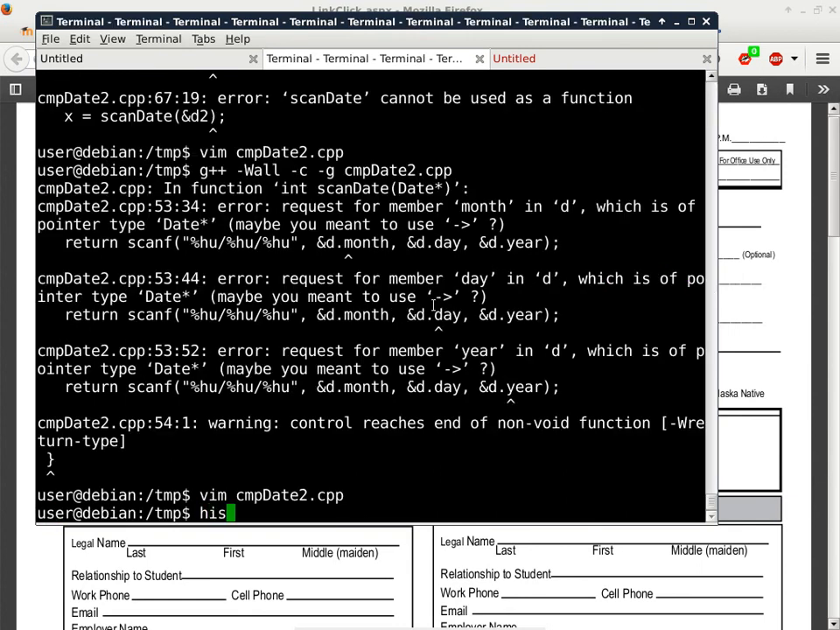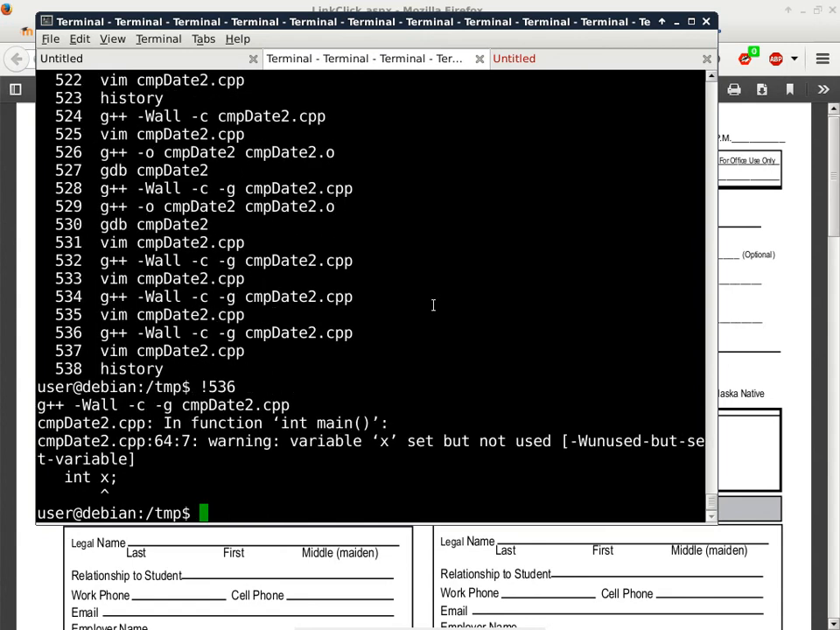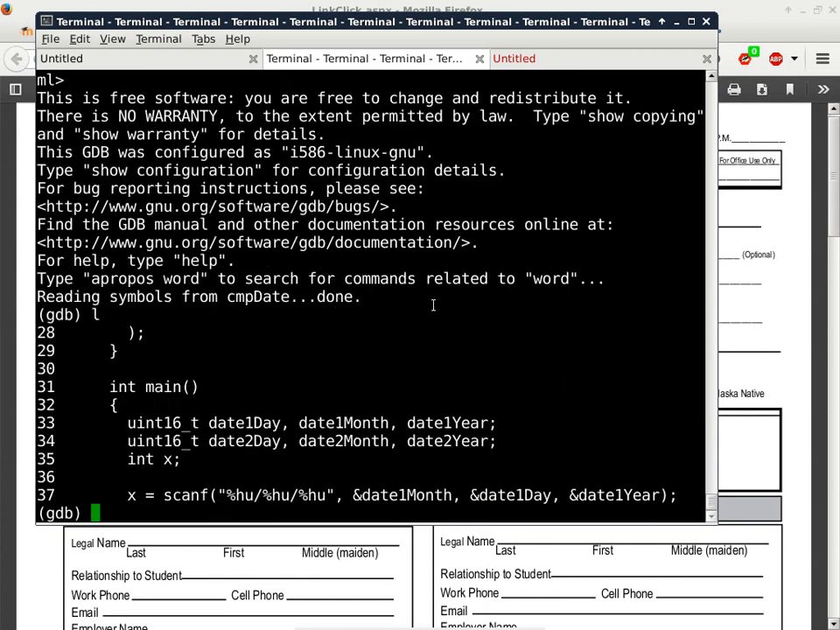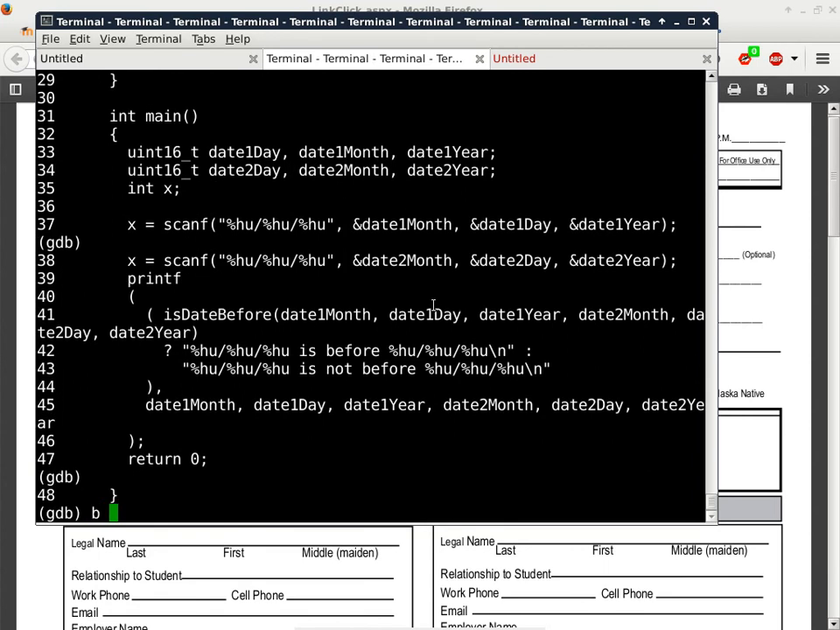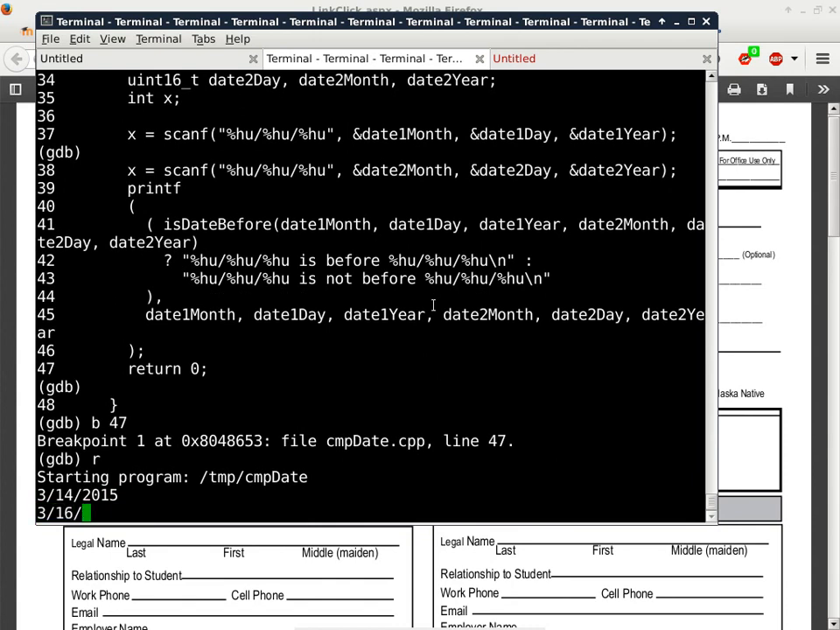Okay, hopefully this will work. So we'll go ahead and compile the program and then link it. Yep, it compiled just fine. We'll go ahead and link the program. GDB, set up a breakpoint on line 47, run the program, specify two dates,